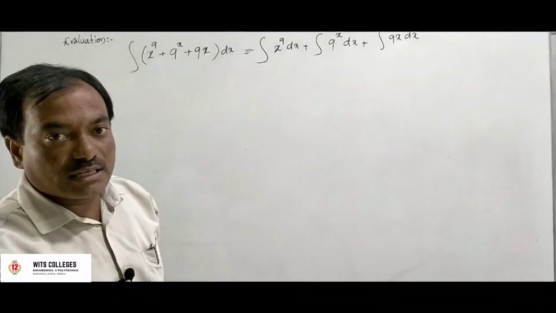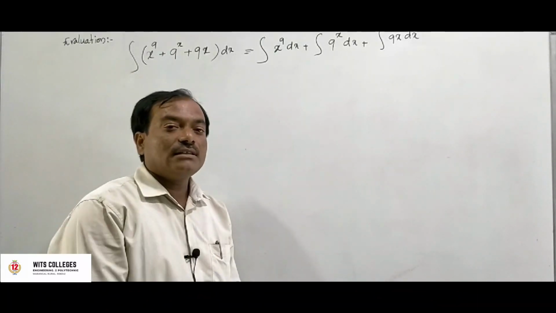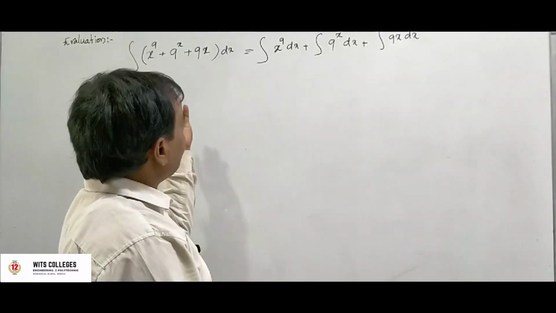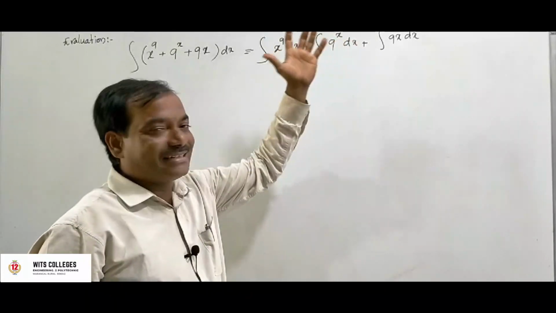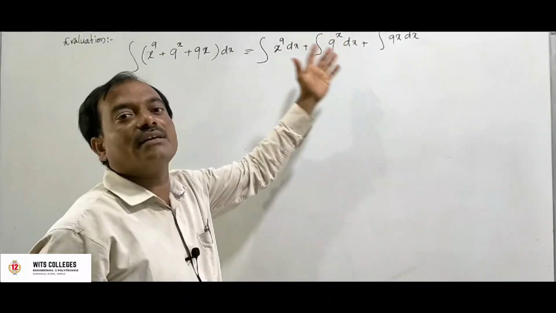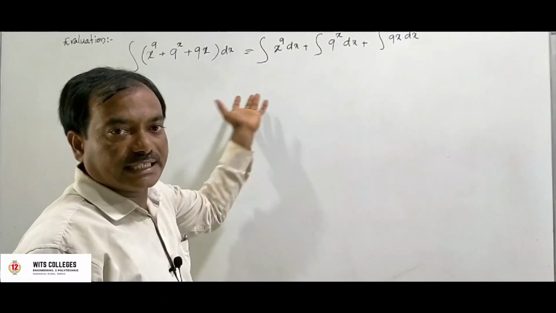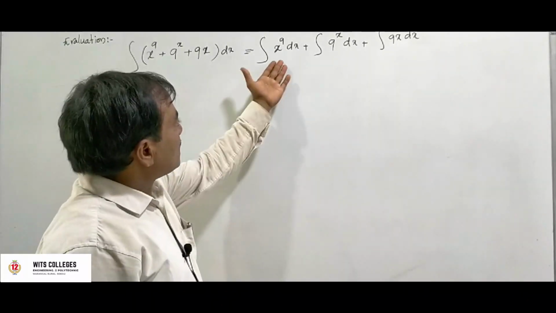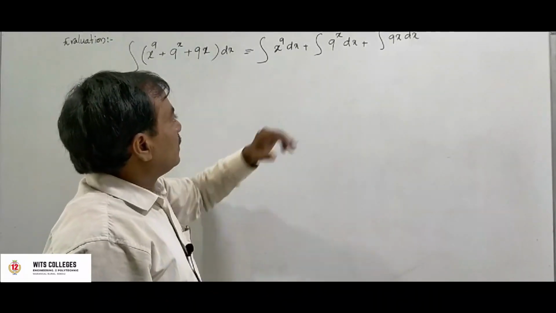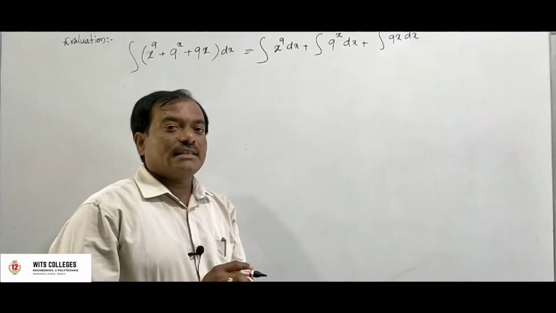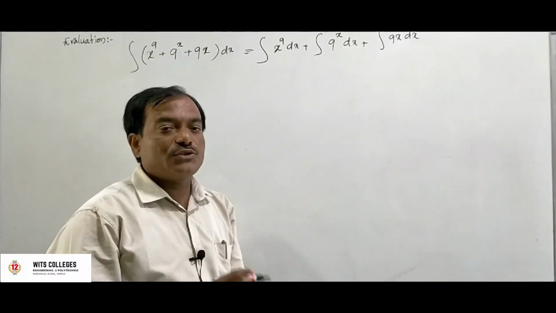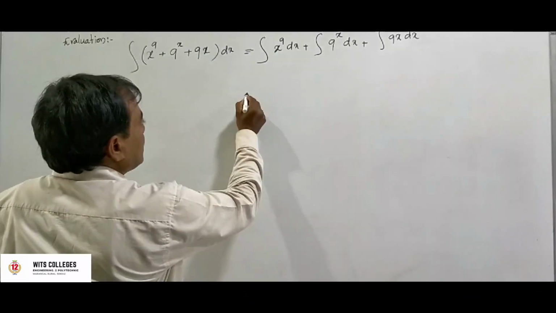So what is the right hand side here? We have to write it. The left hand side integral becomes three individual integrals. Now the sum of these integral values is exactly equal to the integration of the left hand side integral. So first integral, second integral and third integral. Now we have to check which formulas they belong to.